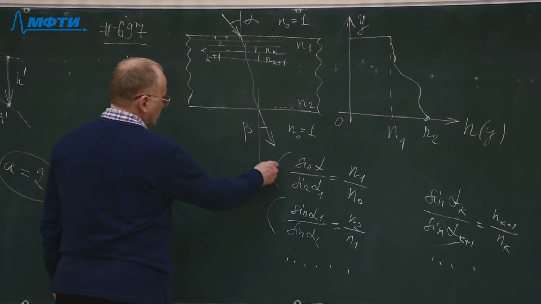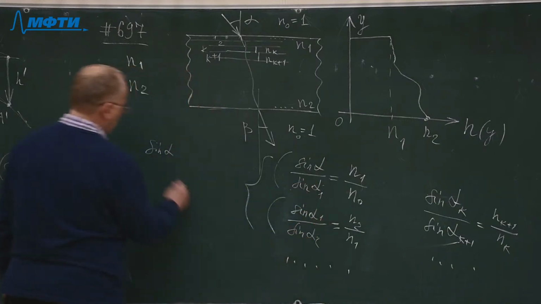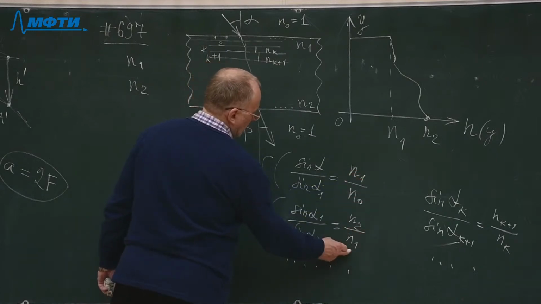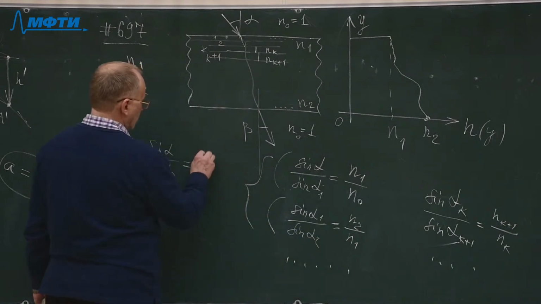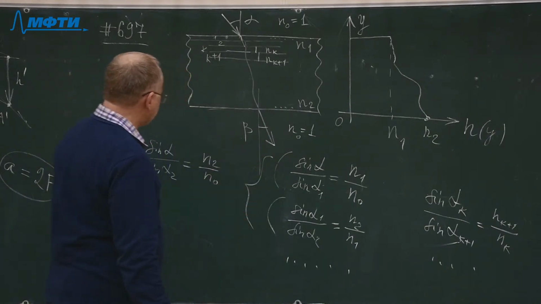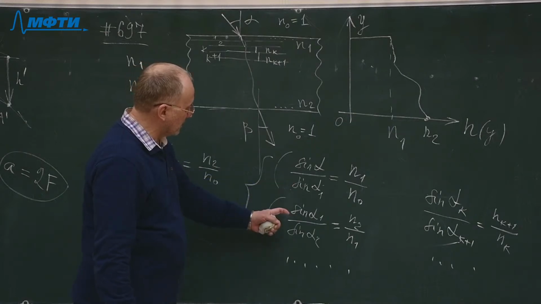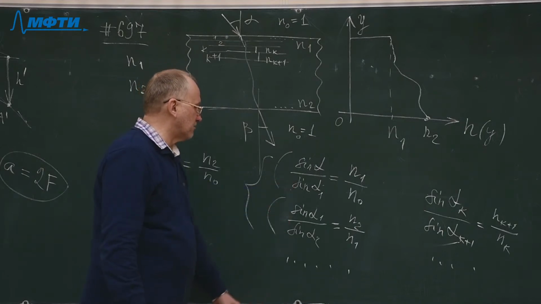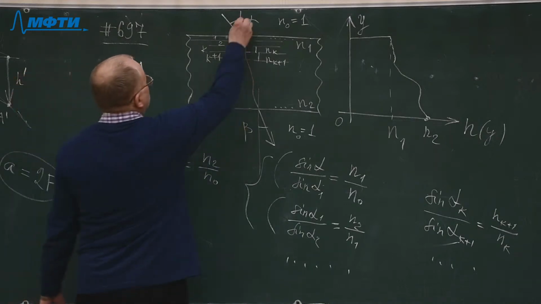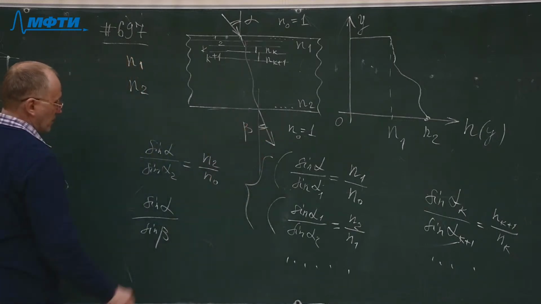What will happen? If we multiply these two equations, we will see that sine alpha remains here, but sine alpha 1 and sine alpha 1 will cancel. And what we obtain here will be sine alpha 2 equal to what? n1 and n1, one in the numerator, another in the denominator, will cancel, and we'll have n2 divided by n0. And if we go on multiplying by other equations, we will see that each time the sine of alpha in the denominator will cancel with the sine of alpha which stands in the numerator of the next equation. And after multiplying all these equations, we will obtain that sine of alpha, the original angle of incidence, divided by the sine of beta, the final angle of refraction, will be equal to